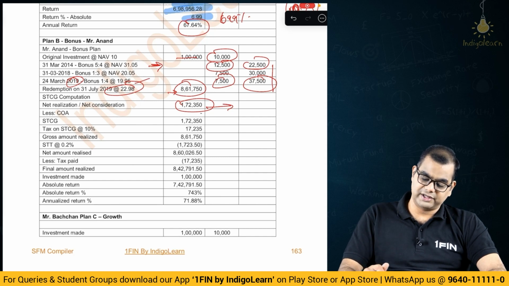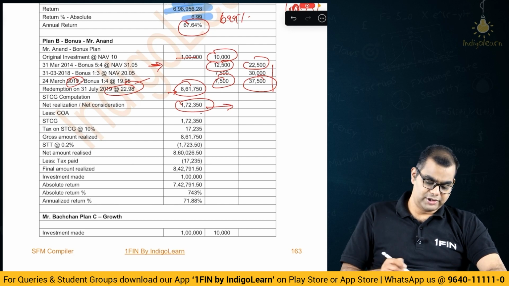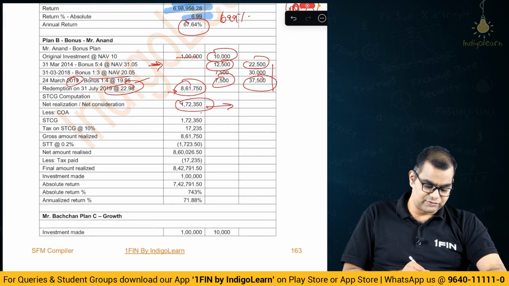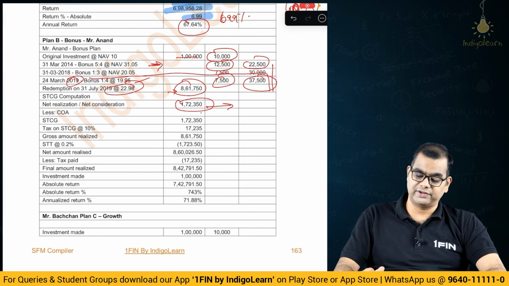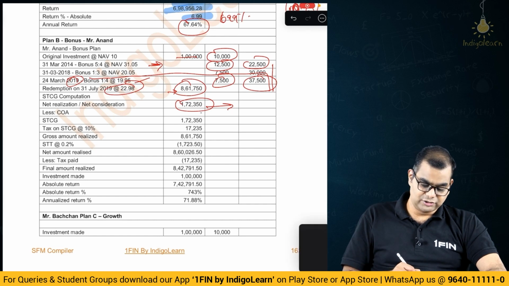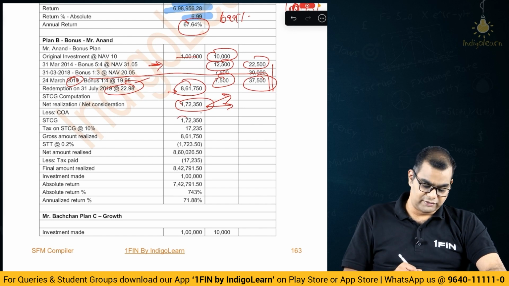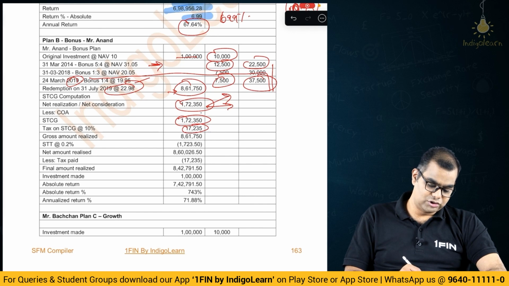So, 7,500 into 19.95. On what is short term capital gains computed? Only on something that happened in the last 1 year. So, 7,500 units are what we are bothered about. 7,500 into 22.98, that is the rate at which you sold. So, it is 1,72,350, but what is the cost of acquisition? It is a bonus. So, 0 is the cost of acquisition. So, on that entire 1,72,000, you get 10%, which is 17,000, and then on the original 8,61,500, you get 0.2% as